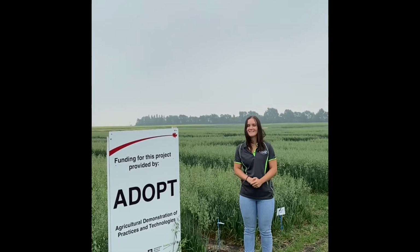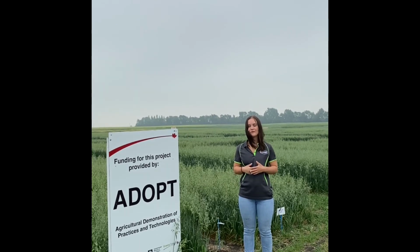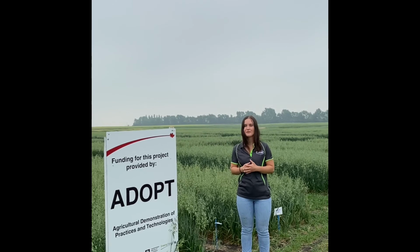Due to a dry, hot season, we haven't really seen any drastic height reductions between the controls and the treatments with plant growth regulators. However,